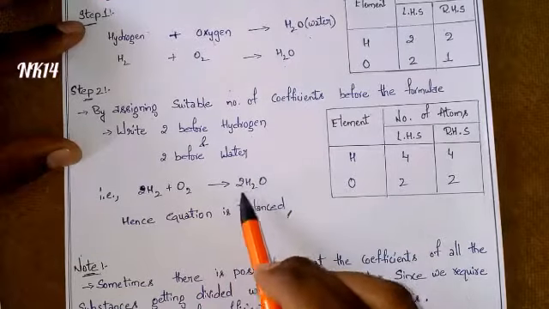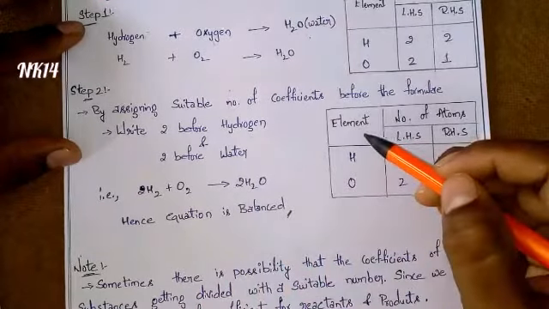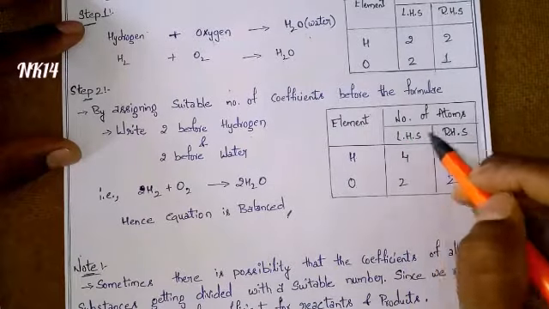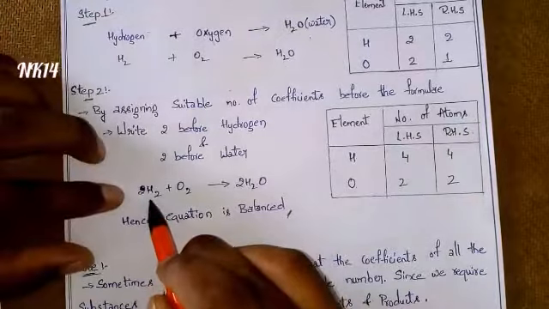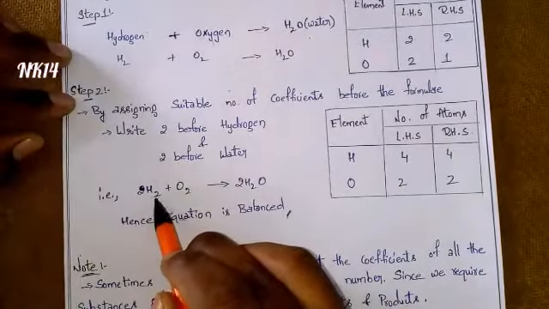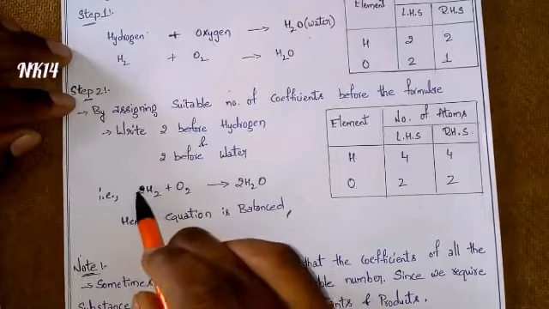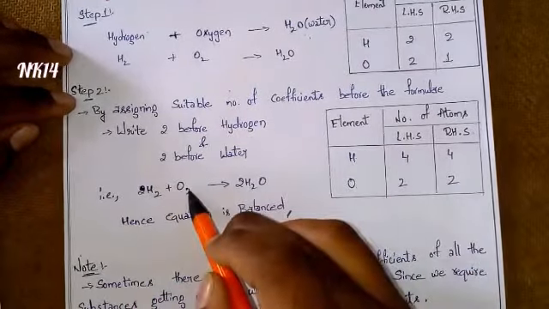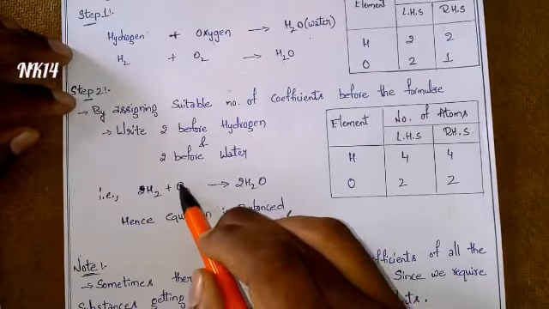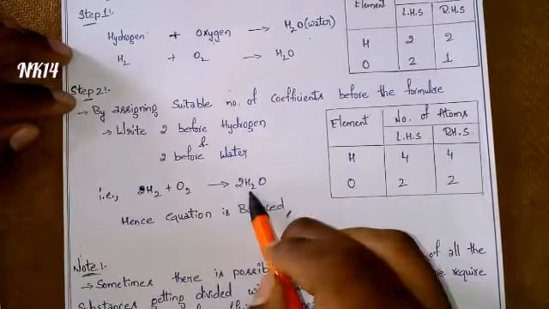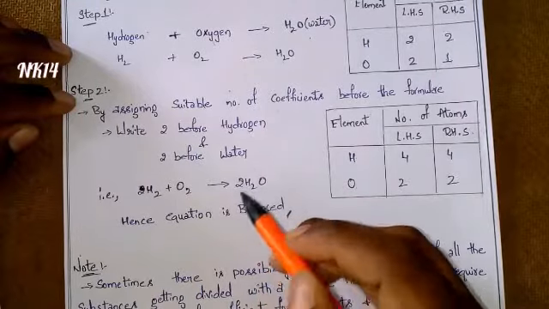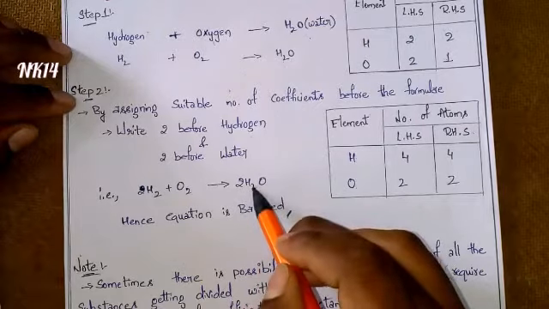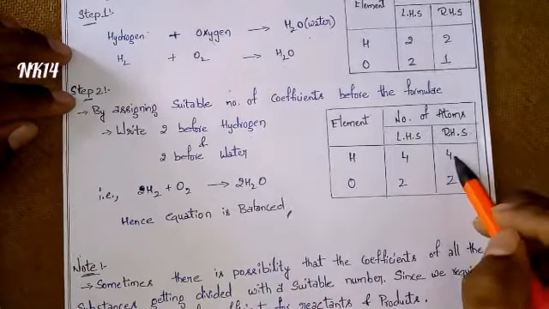Here, is it balanced or not? We will check. Take the same box. Here the elements hydrogen and oxygen, the number of atoms on LHS and RHS. Let's check. Coming to LHS, we have subscript 2 and coefficient 2. Both will be multiplied, so we will get 4 hydrogen. Next, coming to oxygen on LHS, it is 2. Coming to RHS, that is the product side, just multiply the subscript and coefficient. We have to get 4. So here we are getting hydrogen as 4 on the RHS.